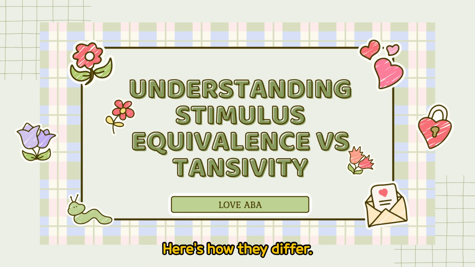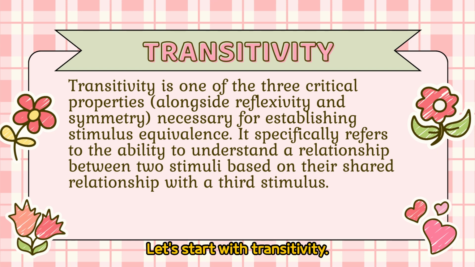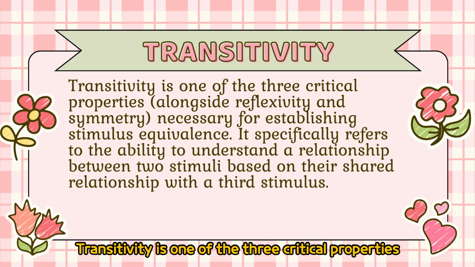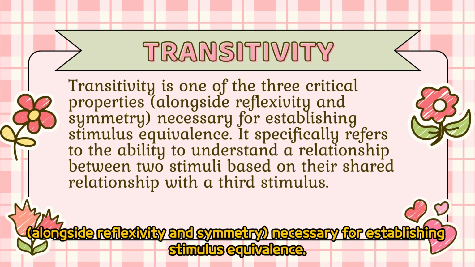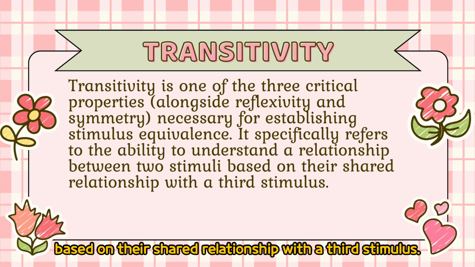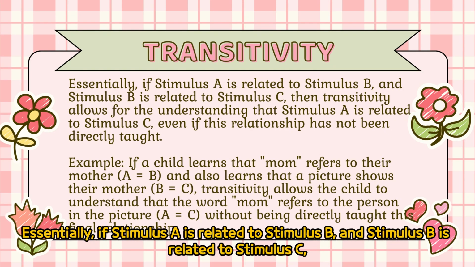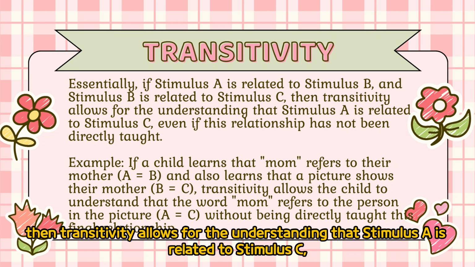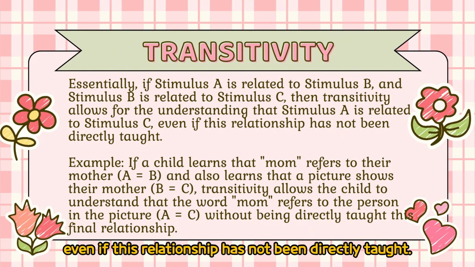Here's how they differ. Let's start with transitivity. Transitivity is one of the three critical properties, alongside reflexivity and symmetry, necessary for establishing stimulus equivalence. It specifically refers to the ability to understand a relationship between two stimuli based on their shared relationship with a third stimulus. Essentially, if stimulus A is related to stimulus B and stimulus B is related to stimulus C, then transitivity allows for the understanding that stimulus A is related to stimulus C, even if this relationship has not been